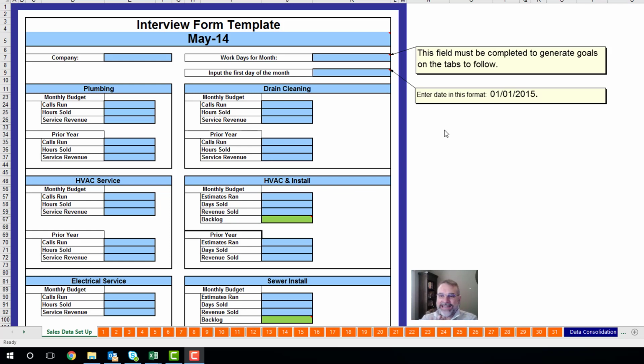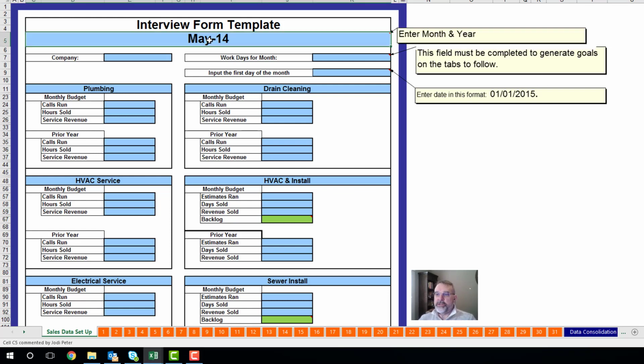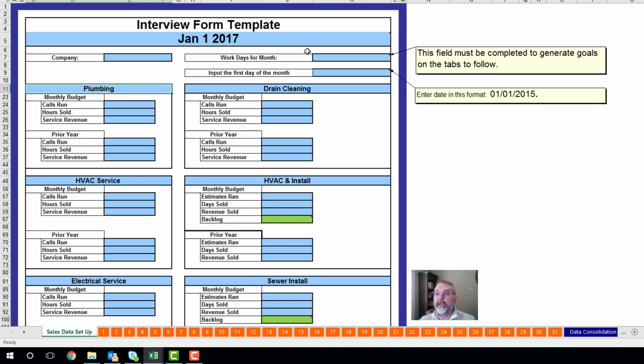Going to go through the daily pace report tutorial with you. So let's go in here and put in January 1, 2017. Plug that in, and then the work days of the month. You've got to look at your January and figure out how many work days you have in the month, counting minus the holidays. I'm going to say I got 21 work days in the month from starting January 2nd through January 31st, just counting the Mondays through